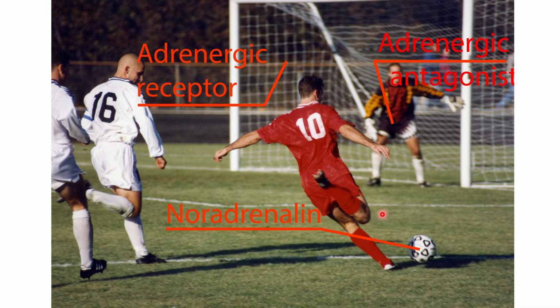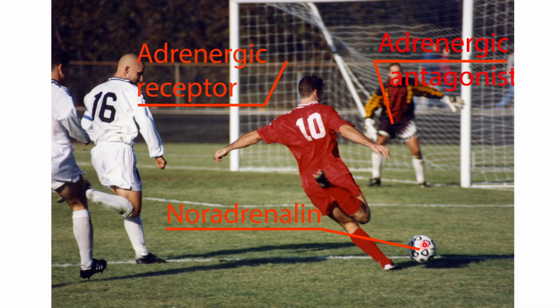There are two types of antagonists. One is direct acting at the adrenergic receptors, and the second one is indirect antagonists that prevent the release of the neurotransmitter or deplete the neurotransmitter. So direct antagonists